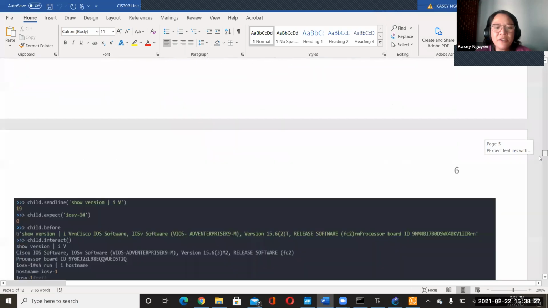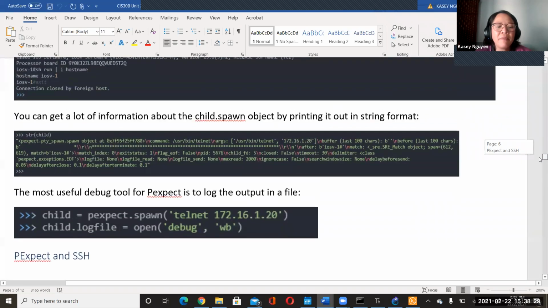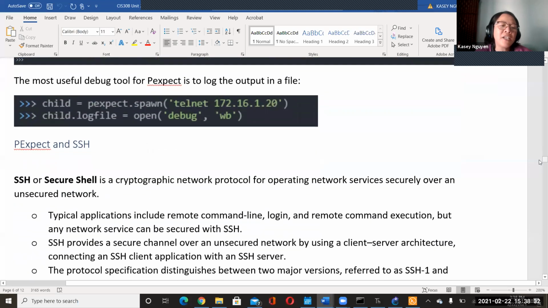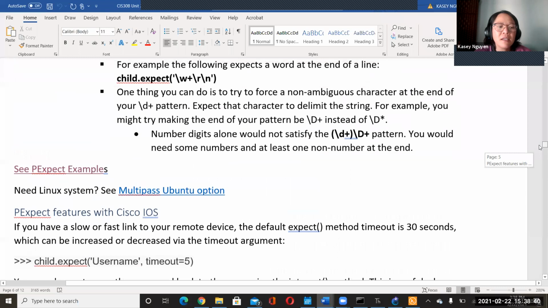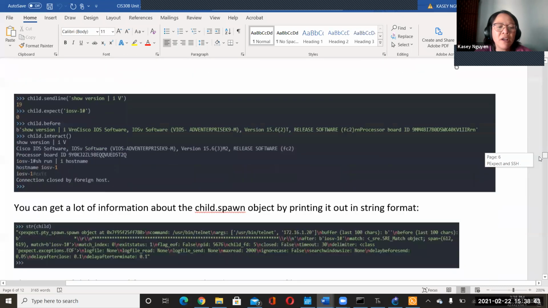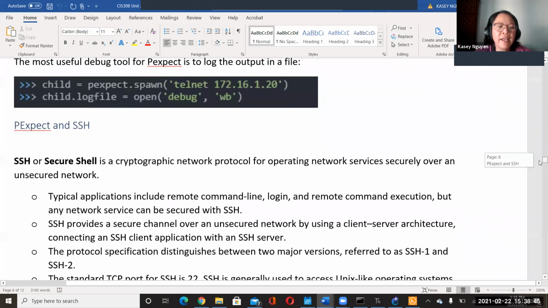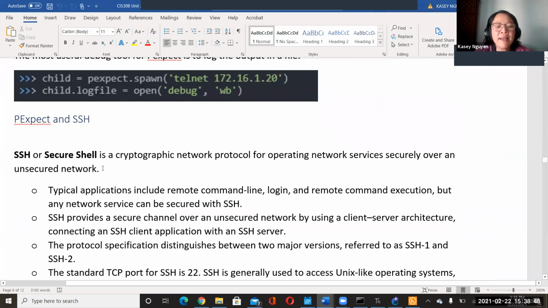So the notes take you through how to work with SSH using Pexpect. And I added some content about SSH down the line. So here is about SSH if you're not familiar with it. We want to use version 2 because version 1 was dated and it has issues. Most networks have already upgraded to version 2, but not all, we can't say 100%, right?